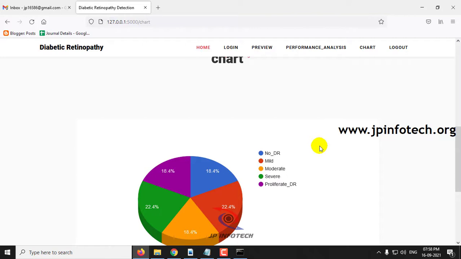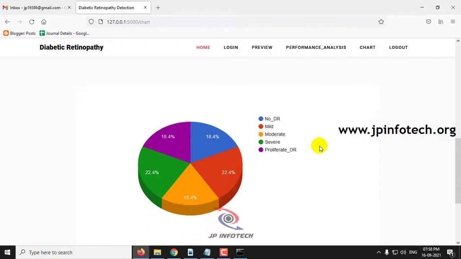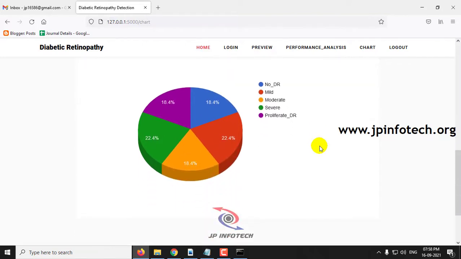The chart data depicted here is taken from the data set that we have trained the system with. In this data set the largest shares are mild and severe with the same percentage, 22.4%. The other three, proliferate, no DR and moderate, are around 18.4%.